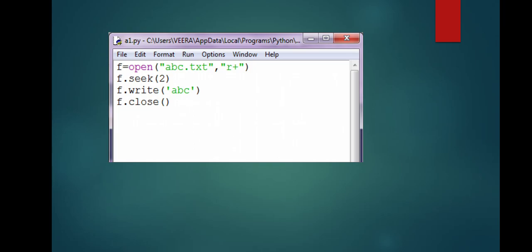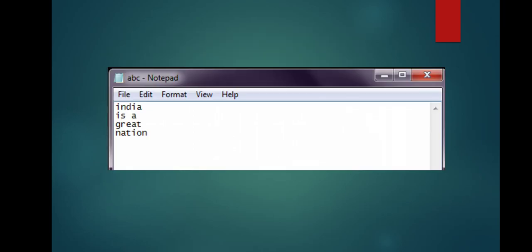Now when we open the file in R plus mode, it allows both reading and writing. And secondly, the cursor is positioned initially at the beginning of the file. So I have opened the file, so the cursor will be positioned at 0th byte, where it will be positioned at I character, right?